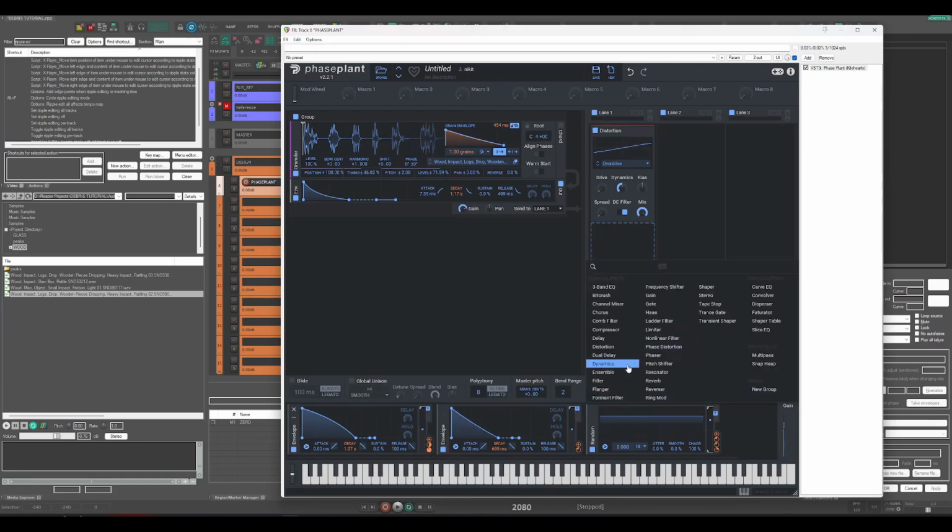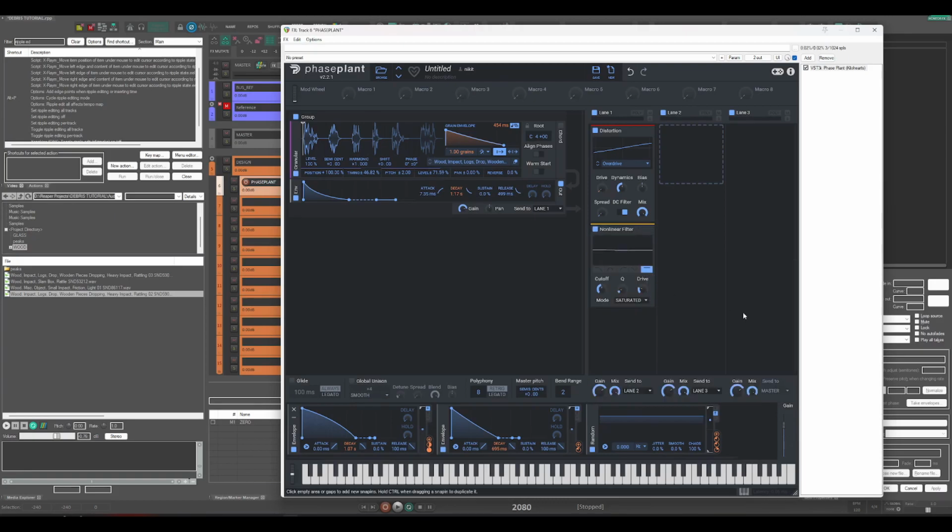Also, we can use an all-pass filter, which will create some randomization in the sound to slightly offset the phases. Let's see how this sounds. Sometimes it does sound weird, but you can always adjust or record the best takes. Just try it a bit. And that's already a really nice debris sound, and we get basically limitless random debris hits just by using this